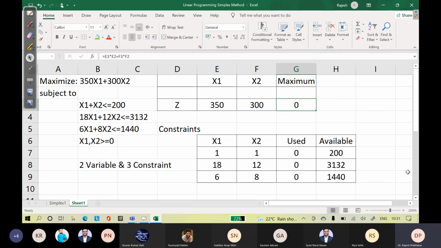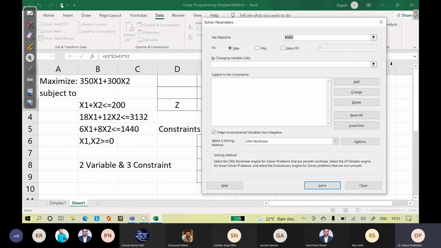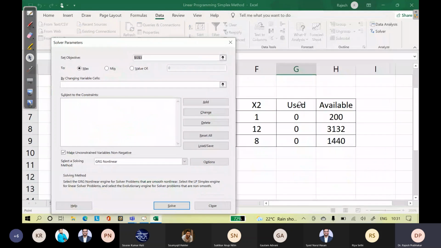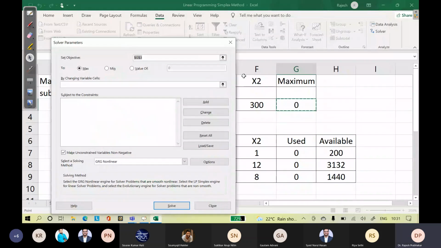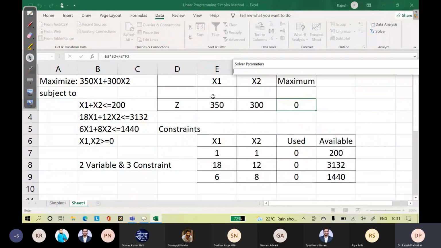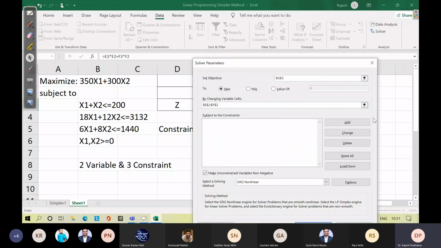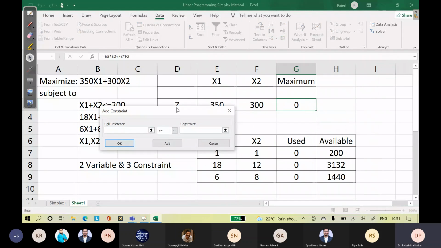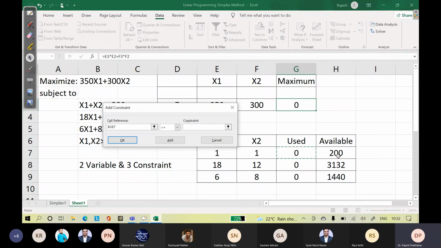Shall we start? Yes, Data, Solver. Maximum, the objective cell is G3. By changing the cells, select the 2 empty cells. Then add the constraints. 0 less than equal to this.